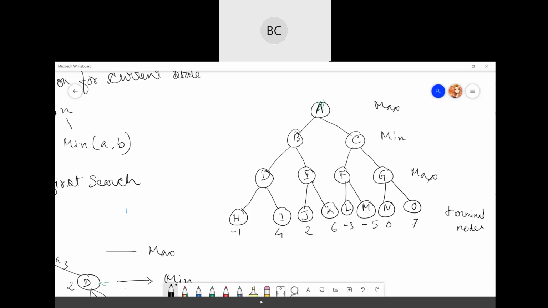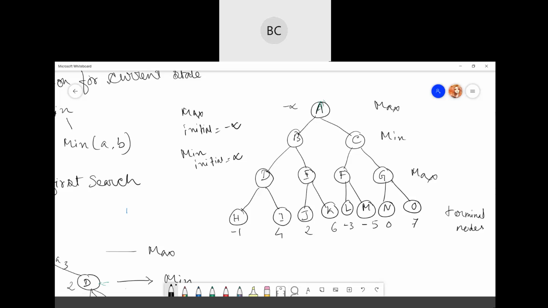So initially, the initial values are -infinity for max, and for min, the initial values are +infinity.